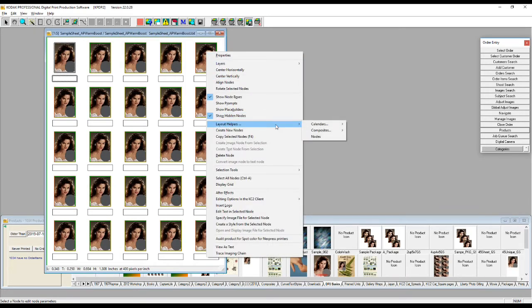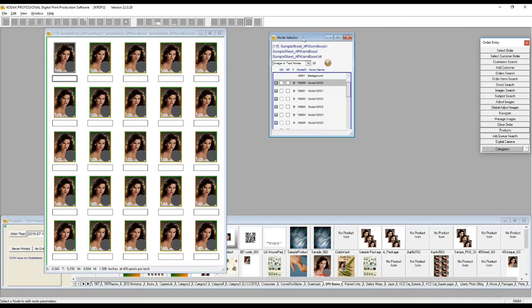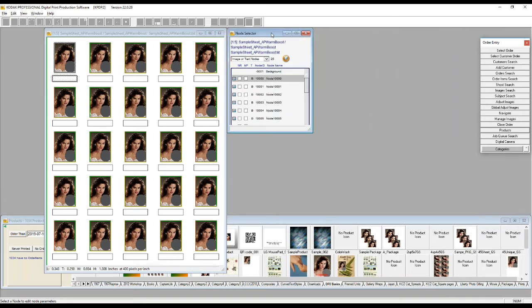These are within the layout helpers. And we've got the calendars. We're actually doing some things for the calendars now, and continuing to improve those. So again, if you have suggestions, we're going to be looking for them. We've also made some improvements to the composites piece, but for this one, I just want to show, as a last tool before I open it up for questions and feedback,